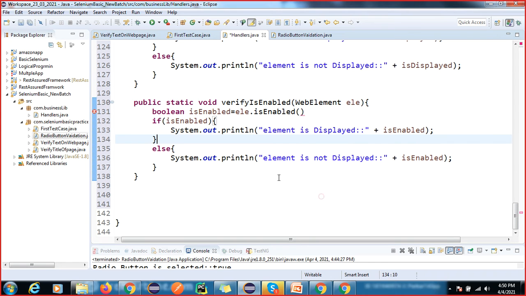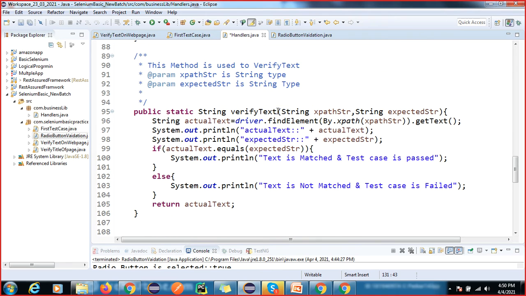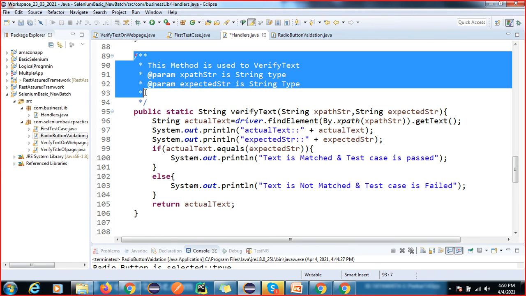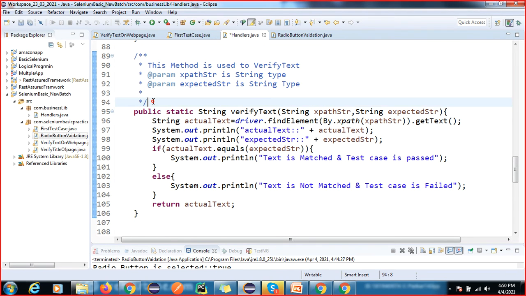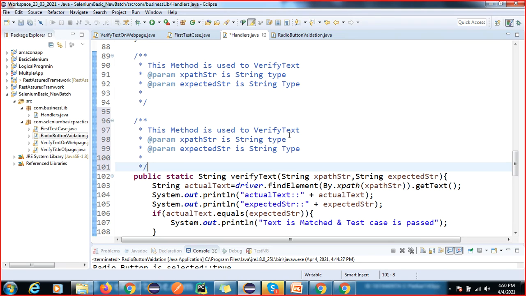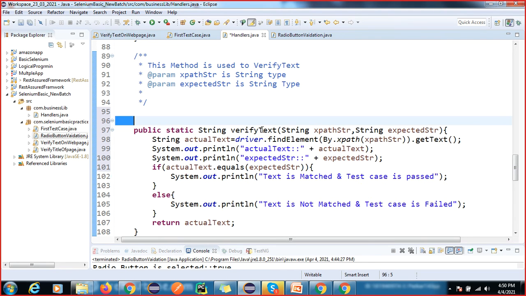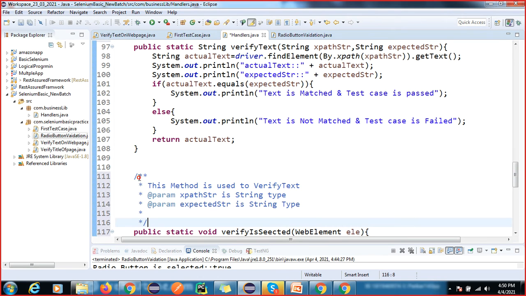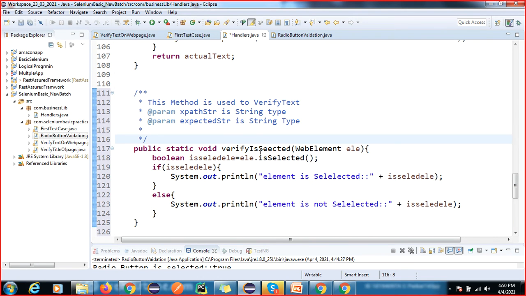Okay, got it, right? So this is all the methods, you can just document this. Okay, so this is the documentation. This method is used to verify, and this param type is WebElement type.